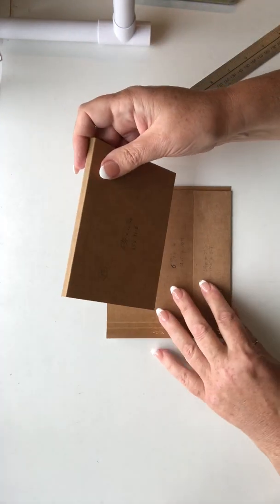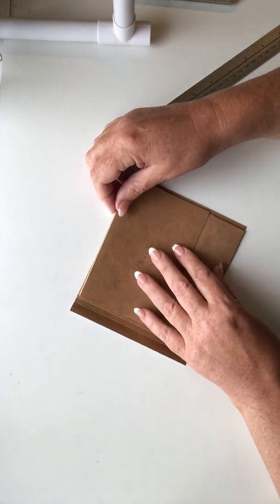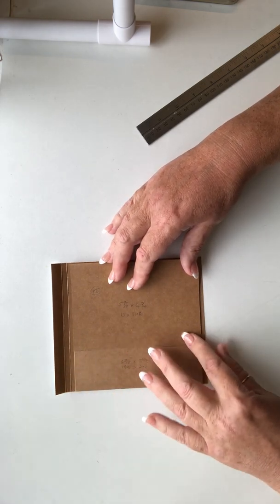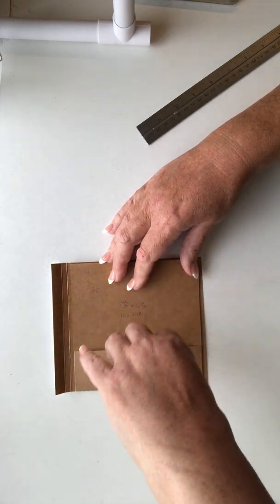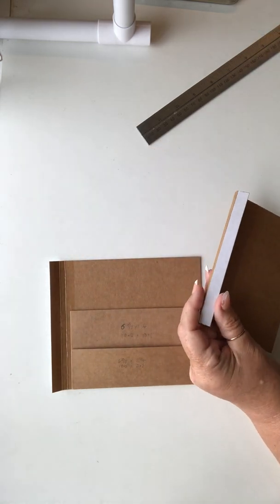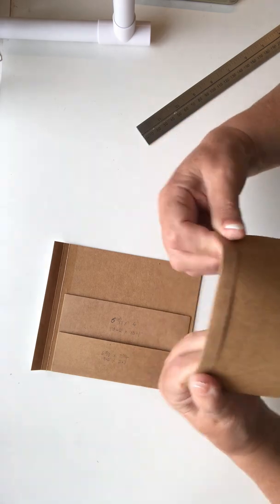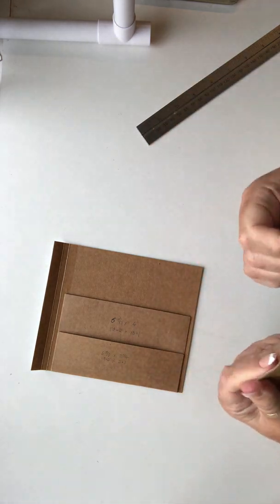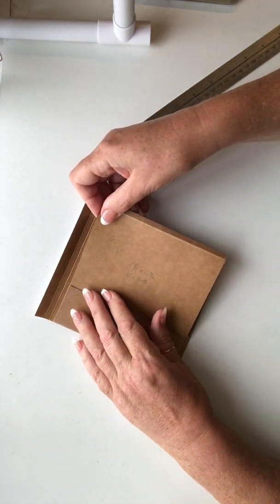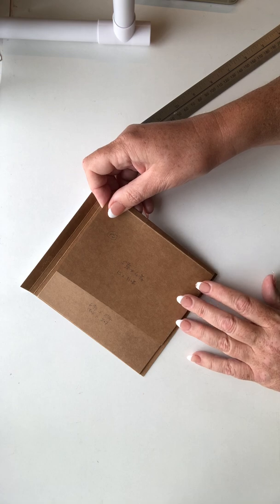And now this top piece here that we have folded under and under like that, we're going to line that up with the top of the page like that, and it should line up with the pocket here, because this is going to be closed by adding another tag in the same way that we did the other one. Okay, so we're just going to remove this piece of tape, and push it up so that it's flat like that, and you've got the other score line on there. And I am just going to line this up with the side and with the top of the page,